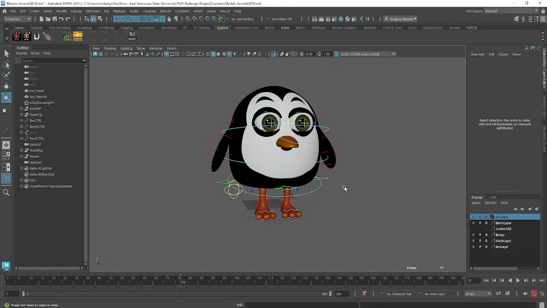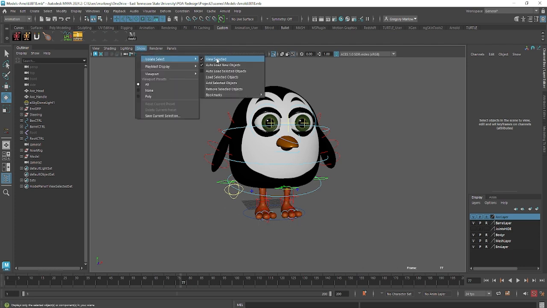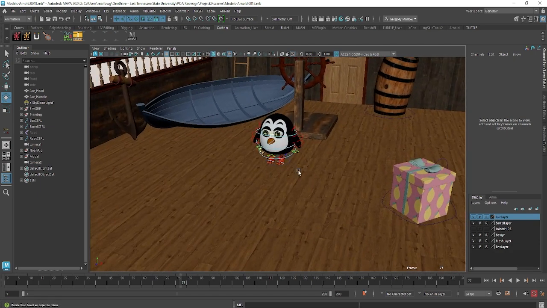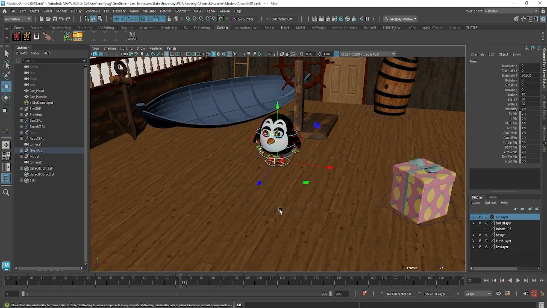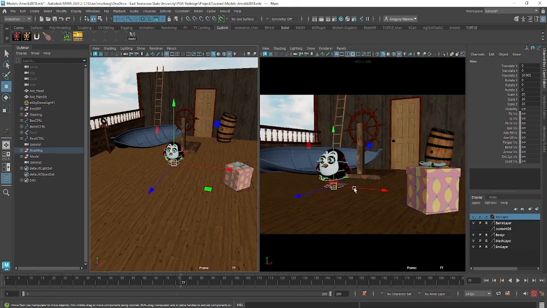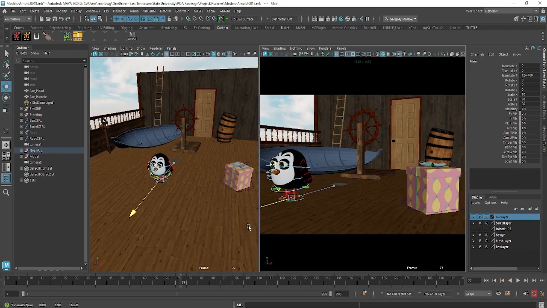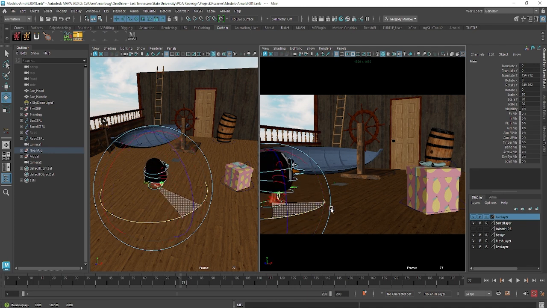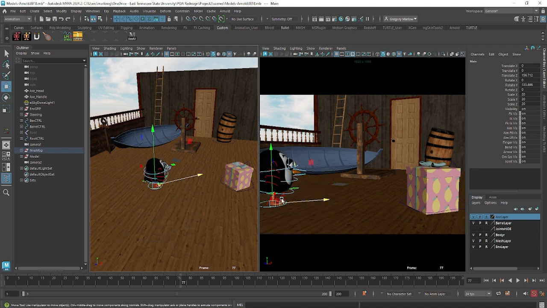So we have Noah in our scene, and I want to do some sort of animation with him. So I'm going to go ahead and go back to my view where I can see everything, and I'm going to go ahead and place Noah in his starting point. And so for me, that's going to depend a little bit on the camera. And I think what I'm going to have happen is I'm going to have Noah do a couple of hops forward, and then